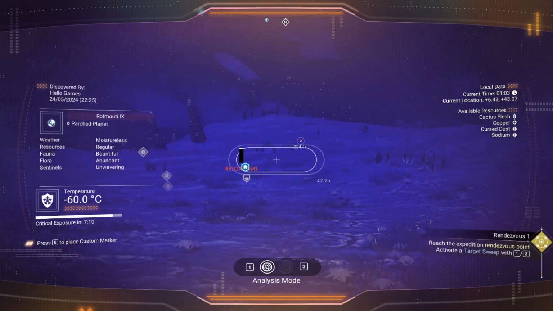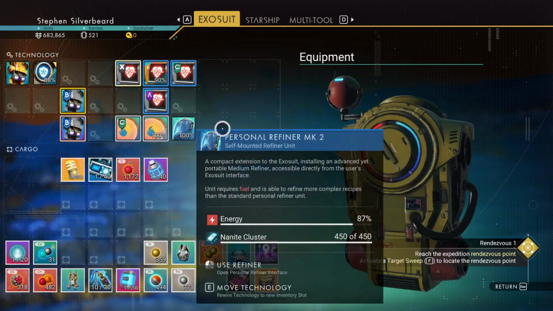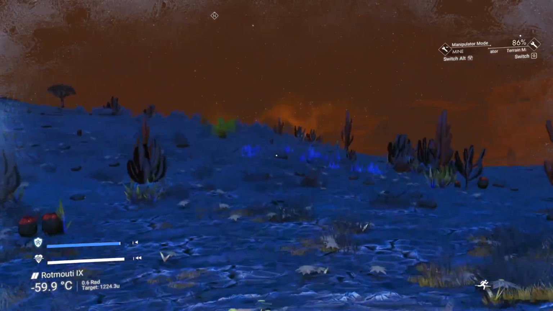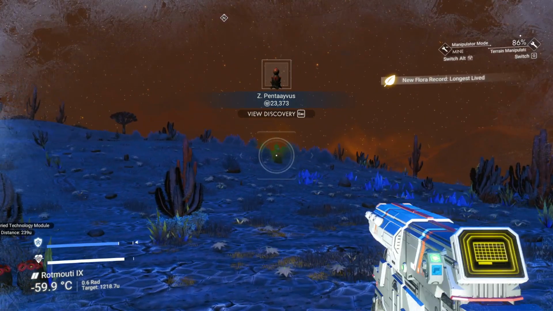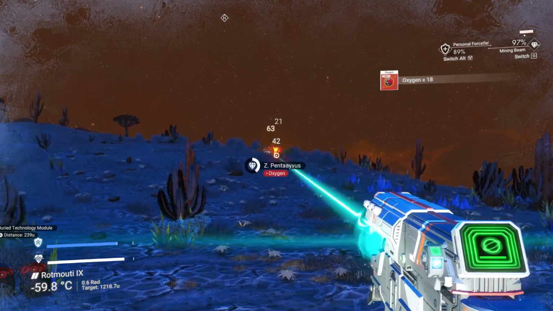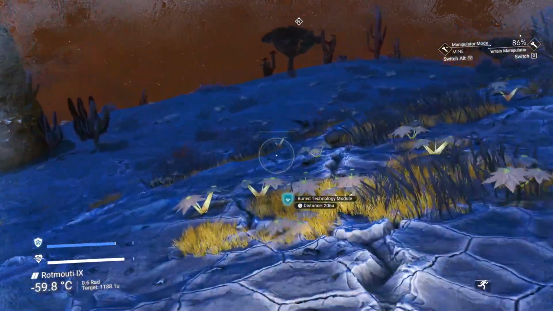We are going to pick up some buried technology modules, actually, yeah, that's true. Let me just see. We'll go for the buried technology modules because we can turn those into nanites. We will keep filling them things. There's 2 of them as well. Whoops. My aim's out. So we're just going to take advantage of having to walk to wherever we got to go